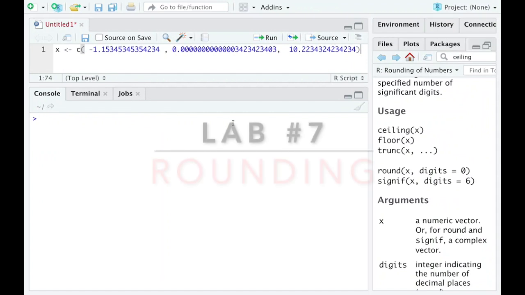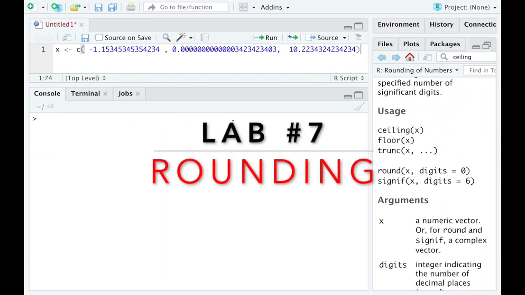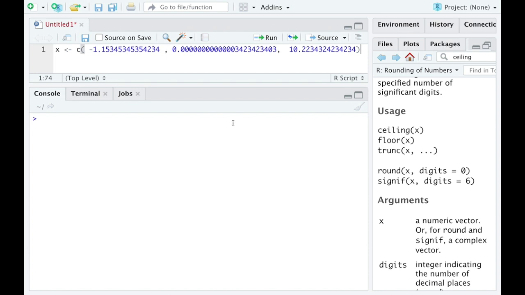In this video, I'm going to show you a bunch of functions that are related to rounding data values, or rounding the values sitting in a vector. I'll start with the ceiling function. This is a function that essentially just rounds up, and so it rounded every one of these values in this vector x that I already loaded up to the next whole number. So negative 1.15 jumped up to negative 1, this 0.0 whatever jumps up to 1, and 10.22 jumps up to